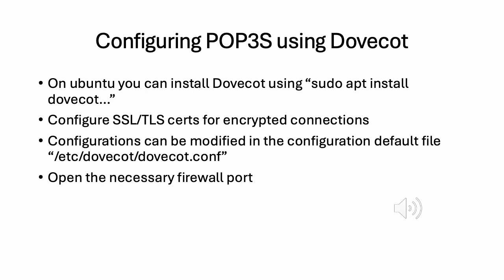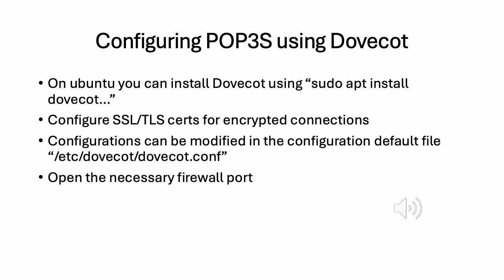These certificates authenticate the server and establish a secure connection between the client and server. The configuration settings can be modified using the provided command. Additionally, the firewall must be configured to allow secure connection through port 995, ensuring that email clients can access content